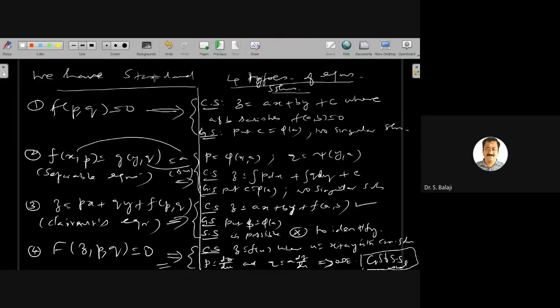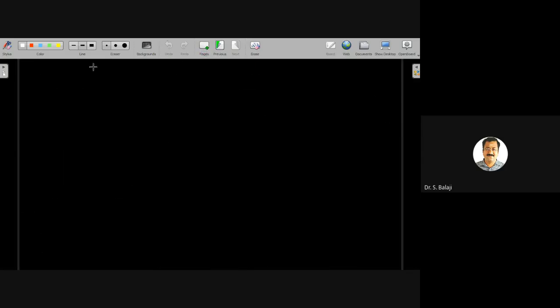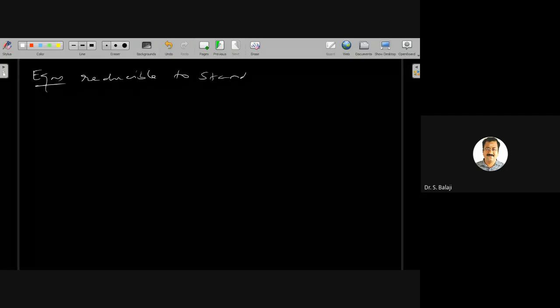And then we have a conversion of some equations into standard type. Equations reducible to standard form. We have furthermore, in first order nonlinear equations, under this, we have